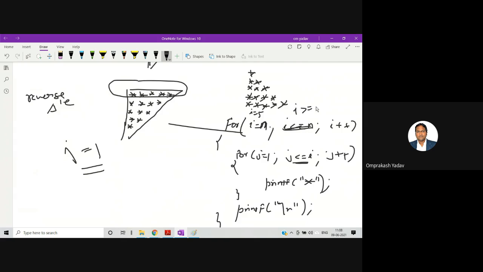I'm writing this particular loop in a reverse way. So I'll start I equal to n till I is greater than equal to 1, and decrement I minus minus. Just one change I'm doing. I'm starting I from 5 till I is greater than equal to 1, and in every step I am decrementing by 1, I minus minus. That's it. So let's see what we'll be seeing.